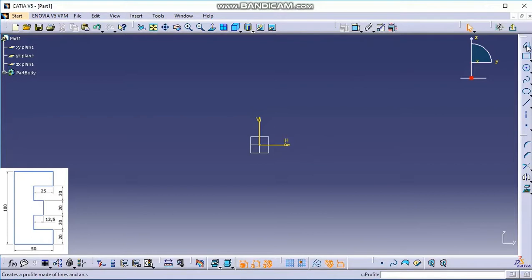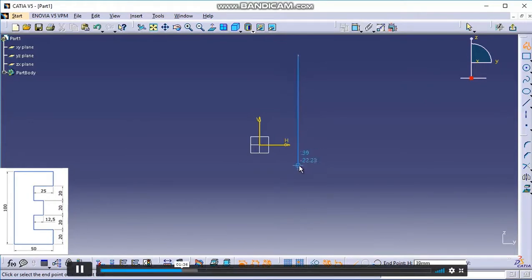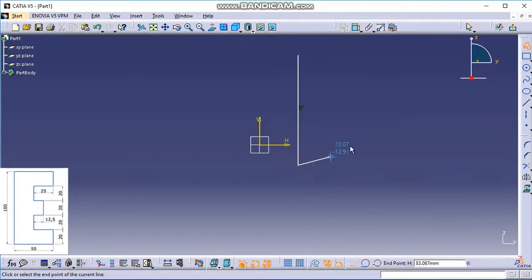I'll take profile and click somewhere here. And you can see at a particular position, the line is becoming blue. When I click at this blue position, automatically the vertical constraint is getting applied.